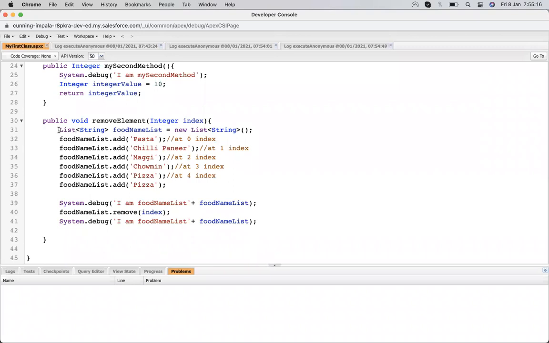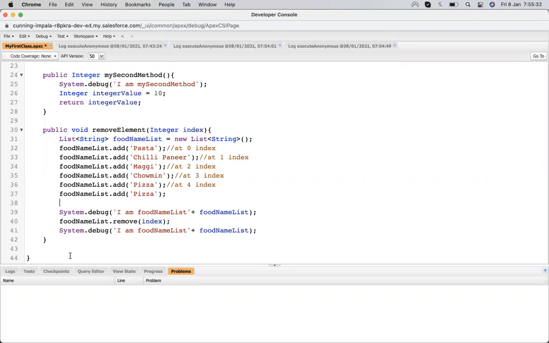Why is it always the same? Because this list always gets declared with a new value each time. That's why it remains the same. So instead of declaring it here, I will change its position to somewhere else. I will write public up here, and create a list there, get food name.